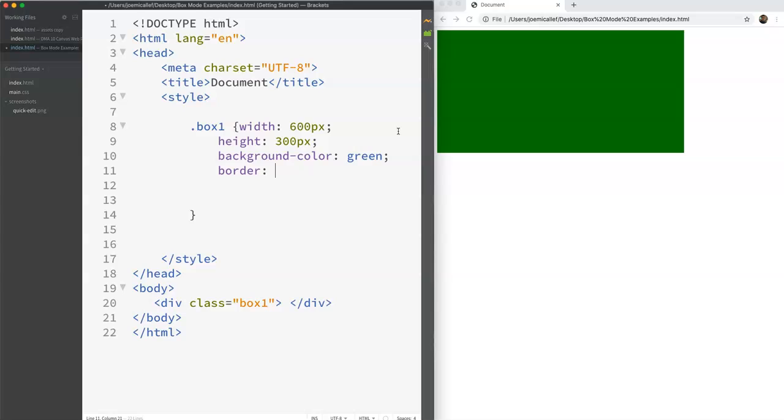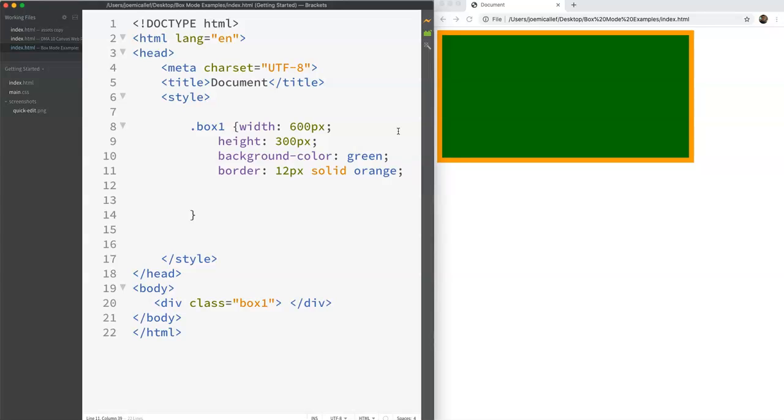So I'll create a border, let's say, of 12 pixels. I'll make it a solid border. You have various options. You can do dashed, you can do dotted. So there's different border options that you can add here. And then I'll give it a color. So I'll make it orange so it sticks out. Hit save. So what happens is every time you add